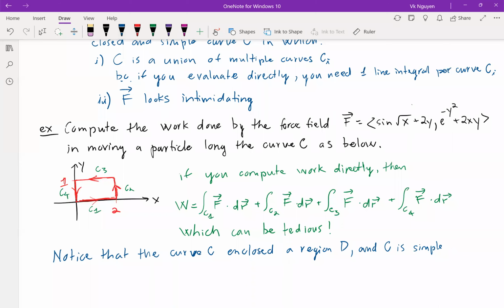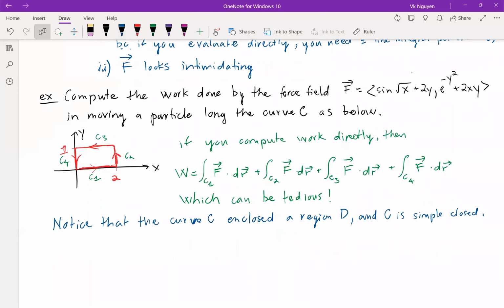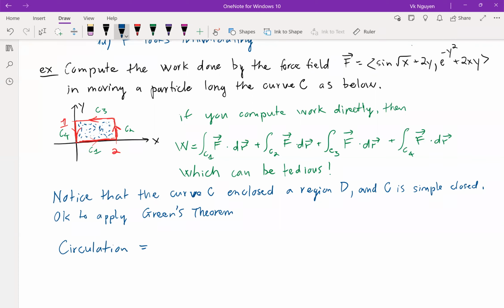Okay, so we can use the Green theorem. Circulation is